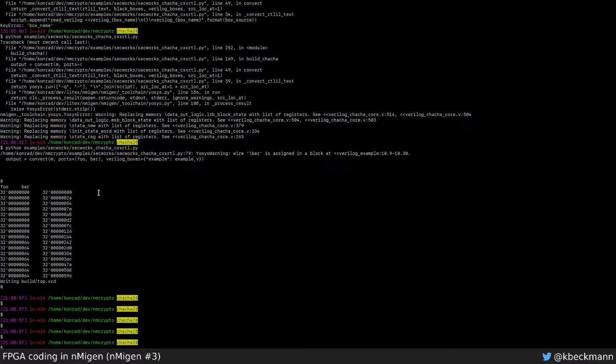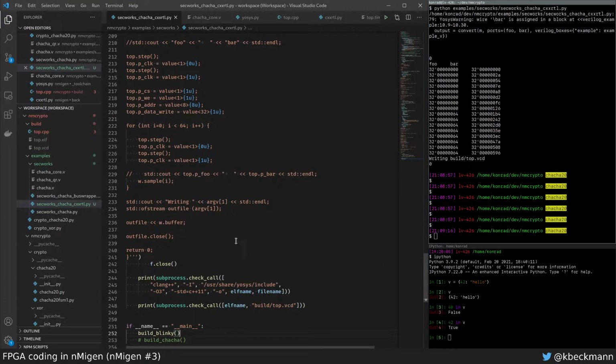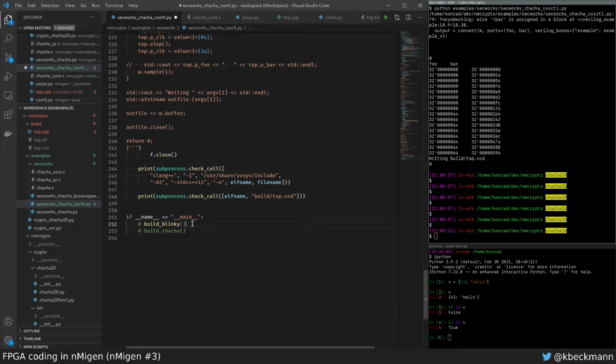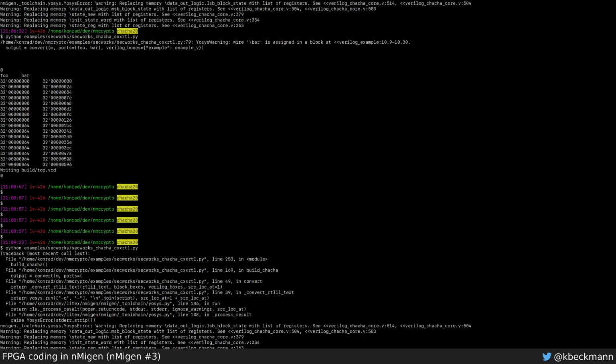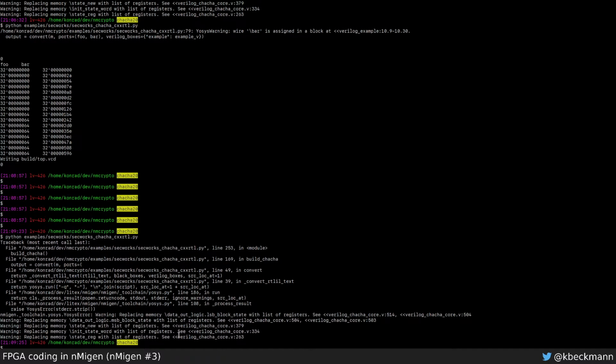It's a very simple project that only counts a little bit, but it works. Now I wanted to try to do the same thing with the CXXR core in Verilog. But for some reason, I get a few warnings from yosys, and that halts the